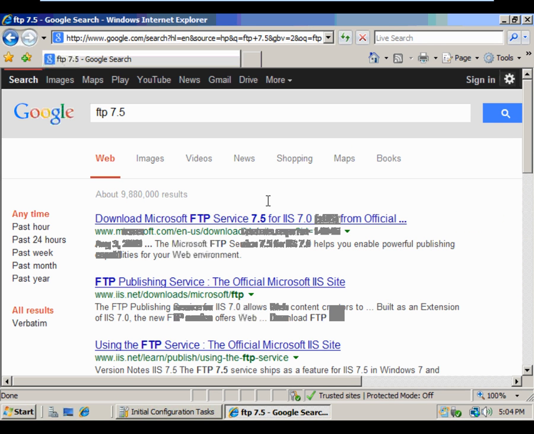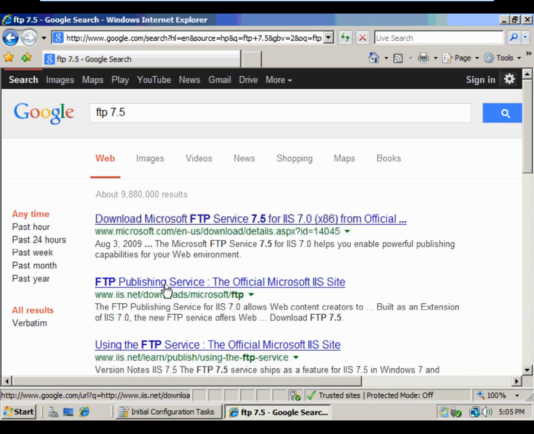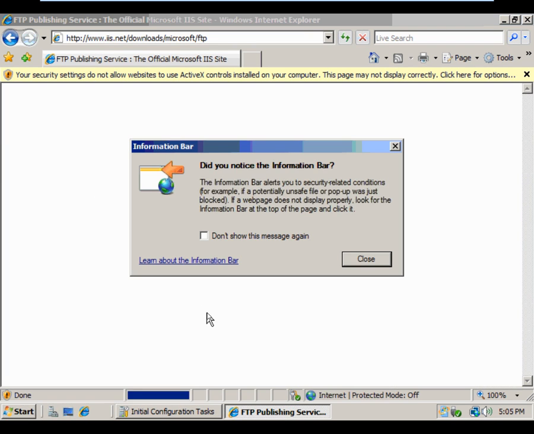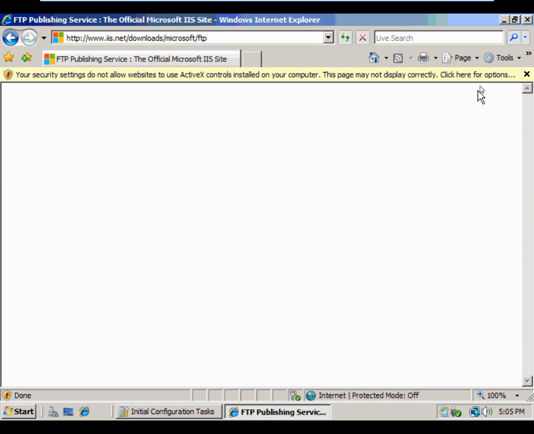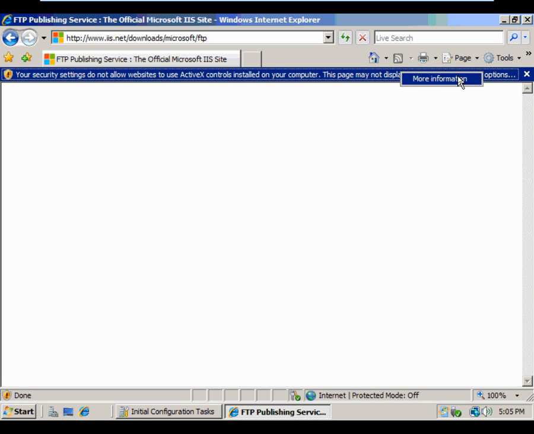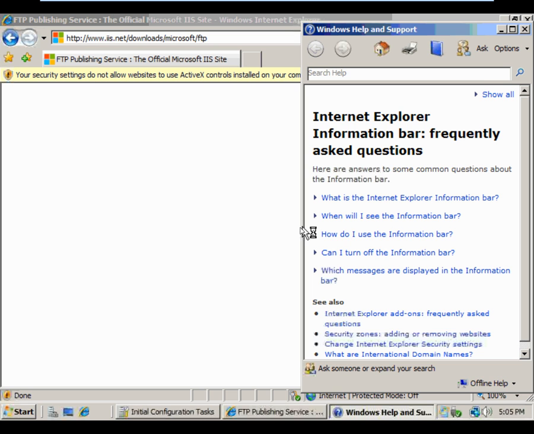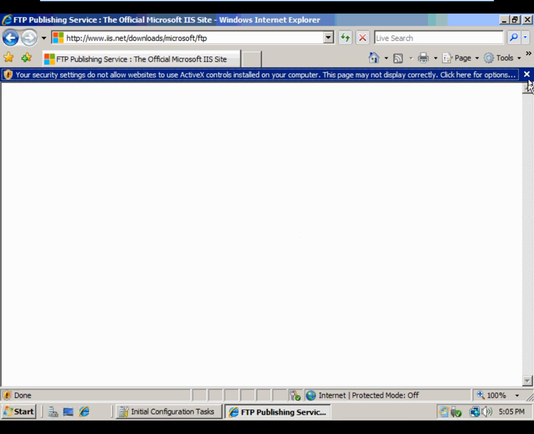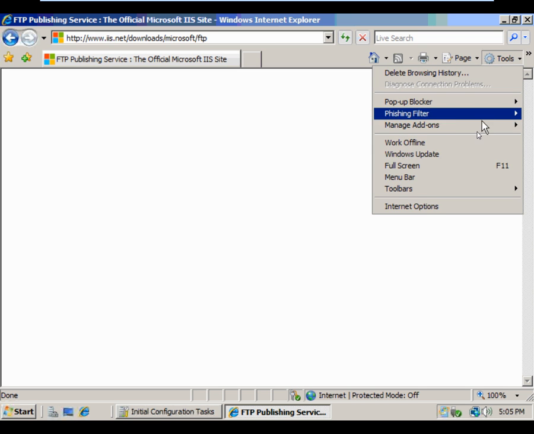Okay, and what I'm looking for here is www.iis.net, download FTP publishing service. I'm going to click on that link, and close that, and click here for options, more info. It's blocking me here, so I'm going to have to do some things to allow this to happen. So let me close that and let me go up and first of all copy that link